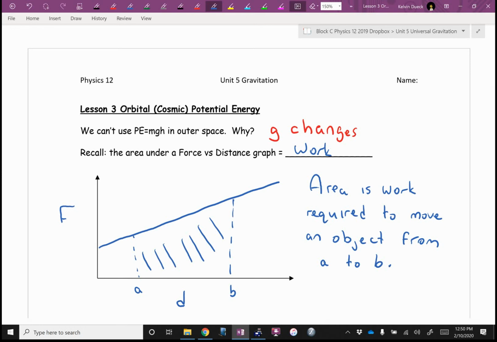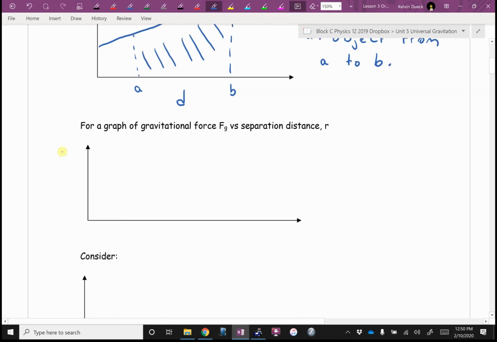We're going to apply this same strategy to a graph of not just force times distance, but gravitational force versus radius out from the center of the planet. So it's going to look like this. Put an FG on your y-axis. Put an R for radius or separation distance on the x-axis. What is Newton's universal equation for gravity? Fg equals big G. Keep going. Big M